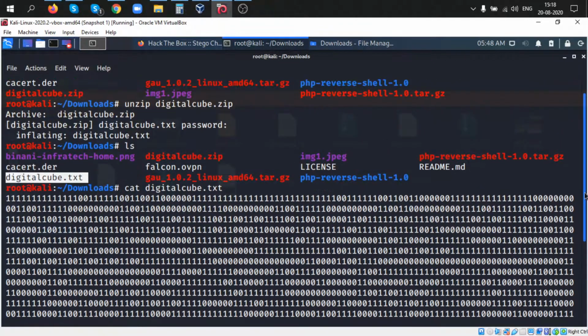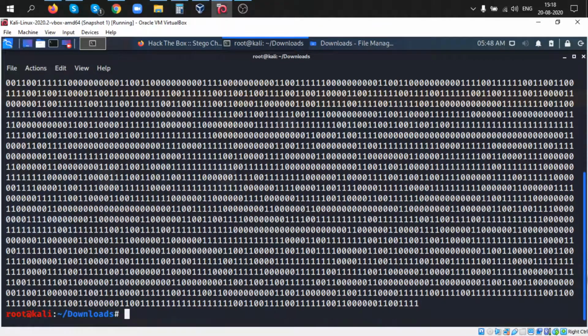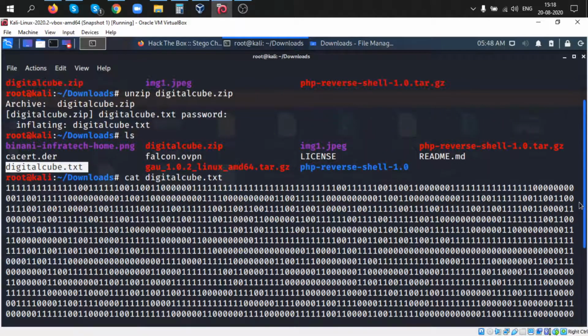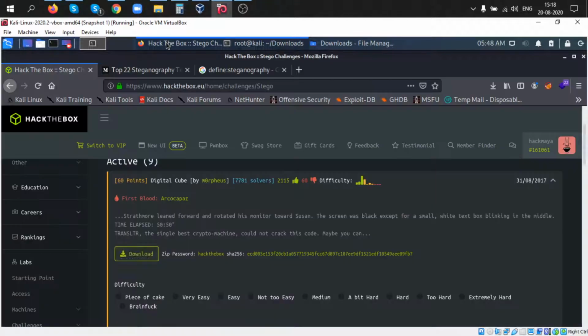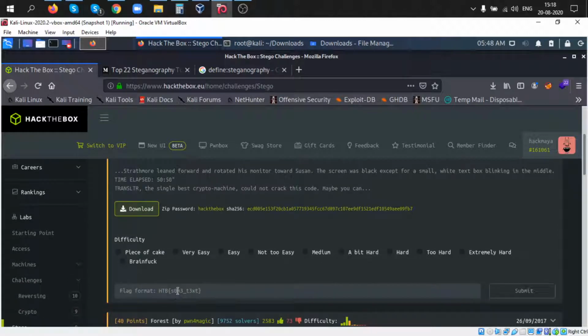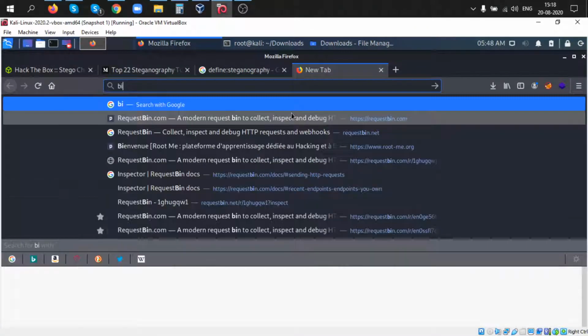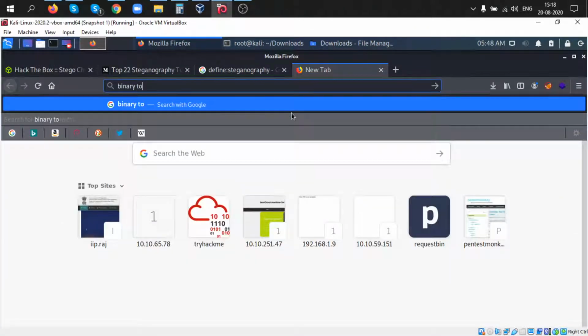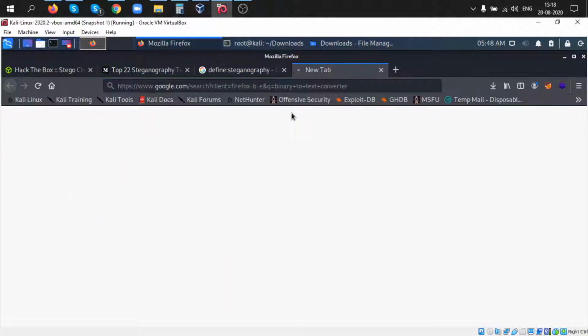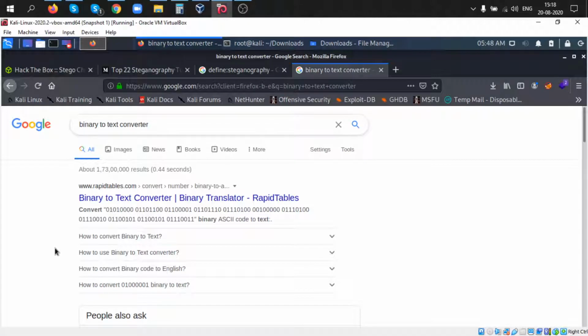This is a binary number. My first target is the flag, so I try searching for a binary to text converter. There are RapidTables and this one.